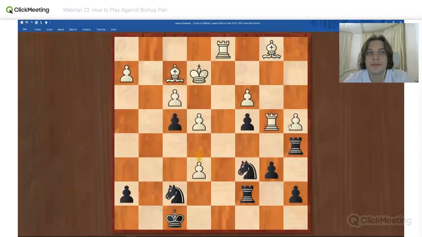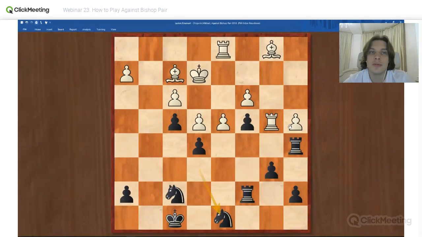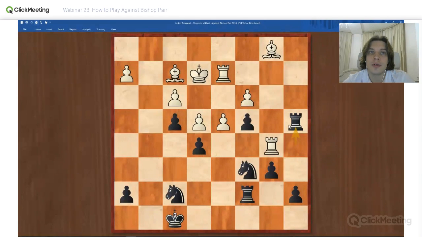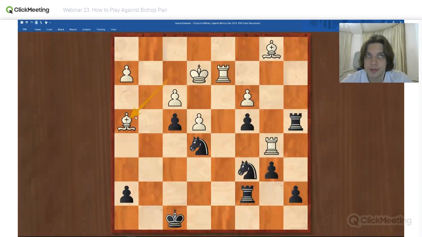Okay, let's go back. So d takes e5 was too risky for white, and he played instead rook d2, knight c6, rook b5, rook takes on a4, d takes e5, knight from f7 takes on e5, bishop h4 to get some activity. Yes, here black got an extra pawn, but white activated his bishop. How would you continue? What do you think?